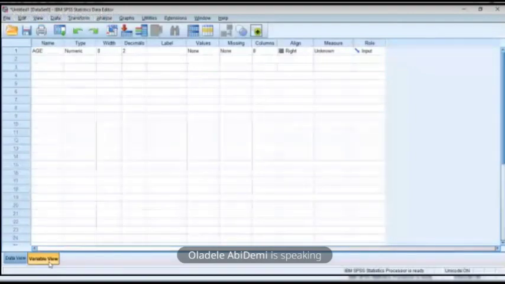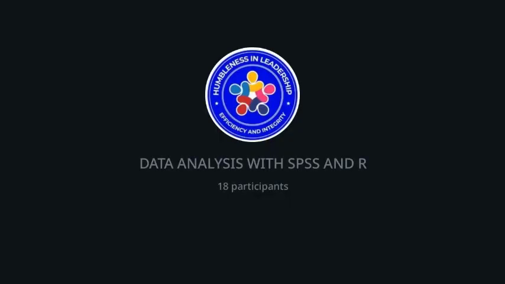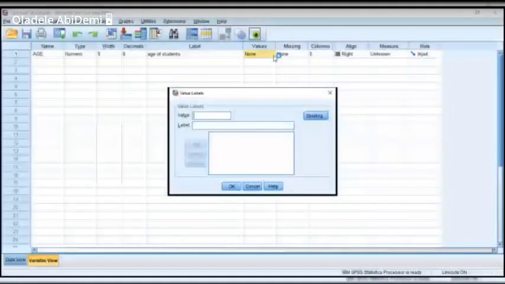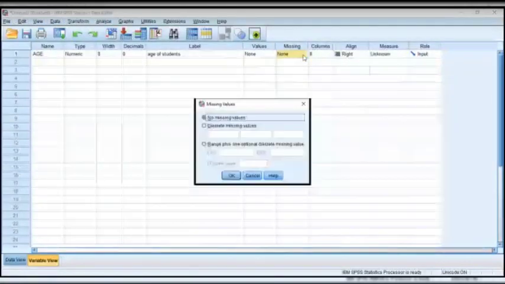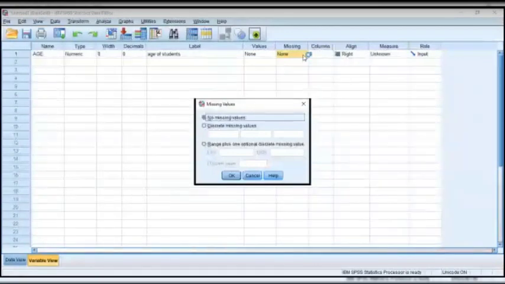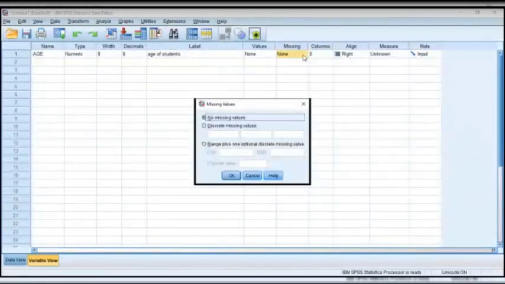For example, the age that I just input in my data, we come back to values as well. Then missing. In case we have any missing observation for this variable, what are we using to denote the missing observation? For this case, it says no missing values.